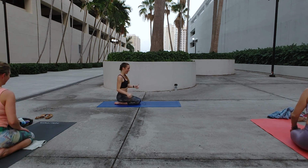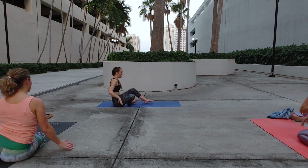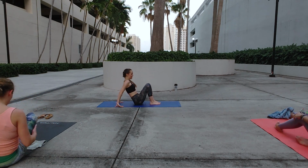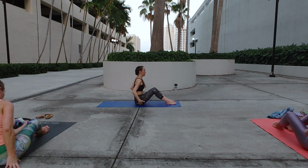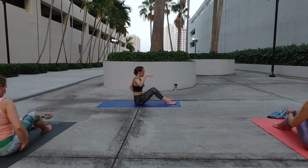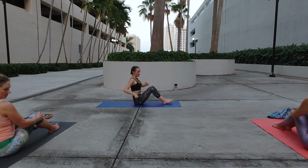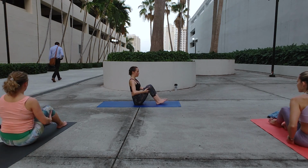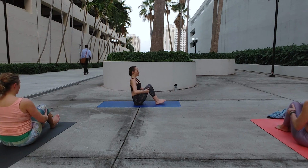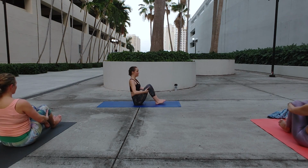Good. Okay, awesome. Then we're going to sit to the side, take our legs out in front of us, coming to the center of our mat. And again, I take the flesh out from underneath so I get a nice, good seat on the earth. We're going to rock back into our tailbone, lifting up through the spine. You can take the backs of your knees, walking your heels in. If this is enough of an activation, squeezing the belly and the thighs in towards each other,